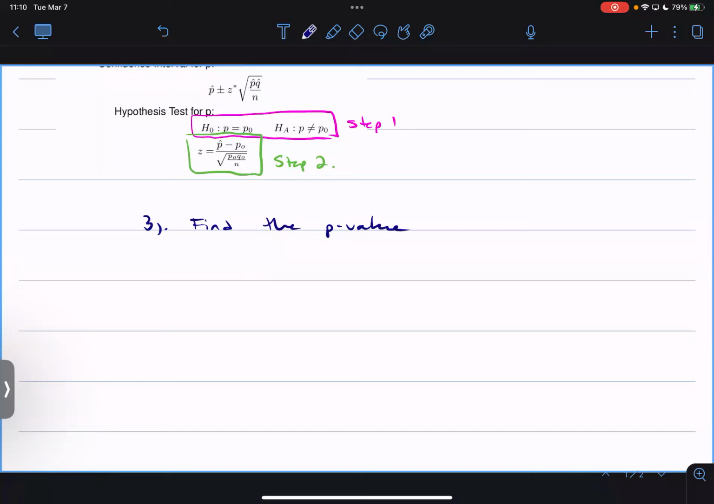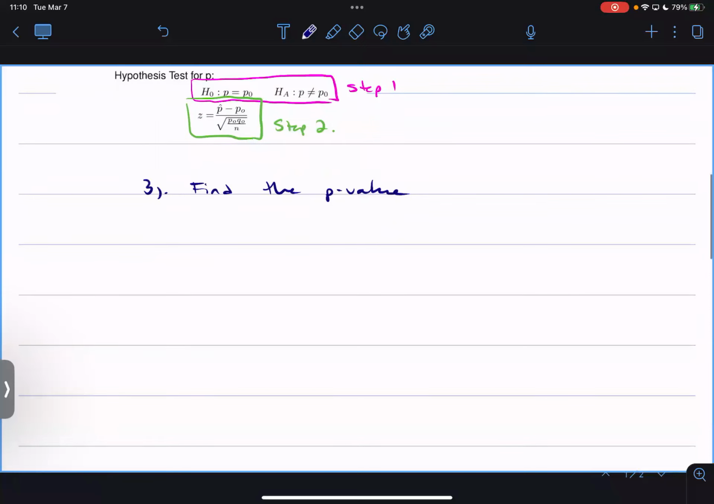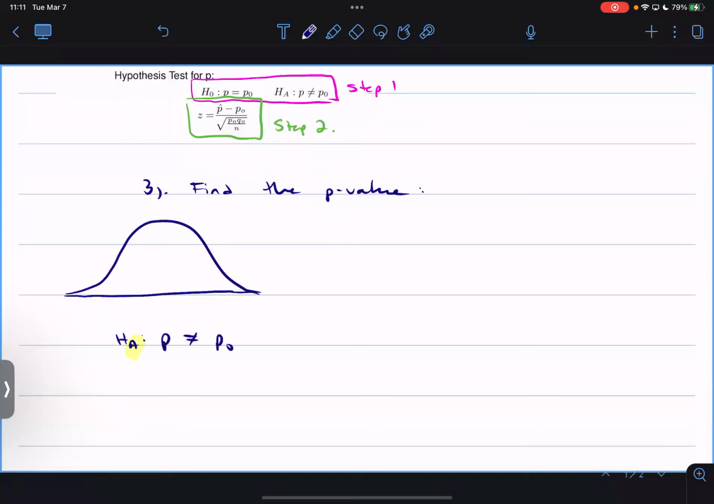Now, I didn't draw these out last day, so this is kind of new, not really part of the review, but sort of, it's all one big happy family, okay? But finding the p-value depends on the alternative hypothesis. So notice here, this is HA, okay? If HA says that P is not equal to P naught,